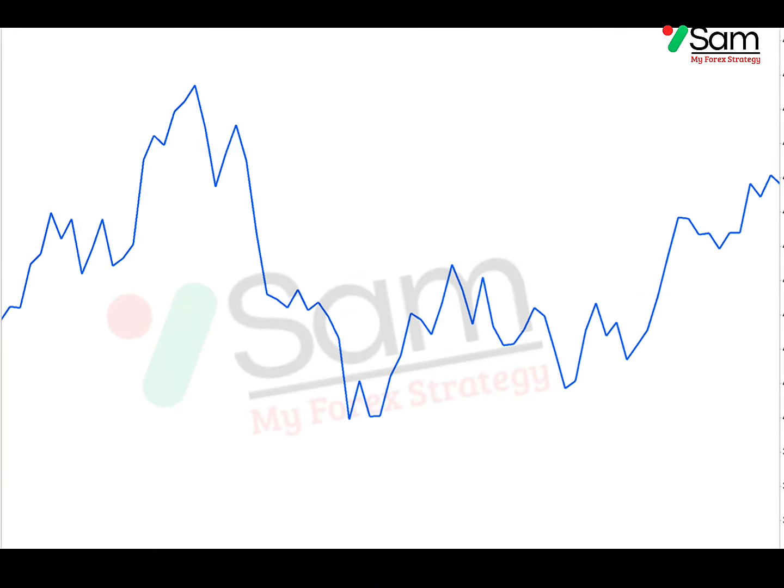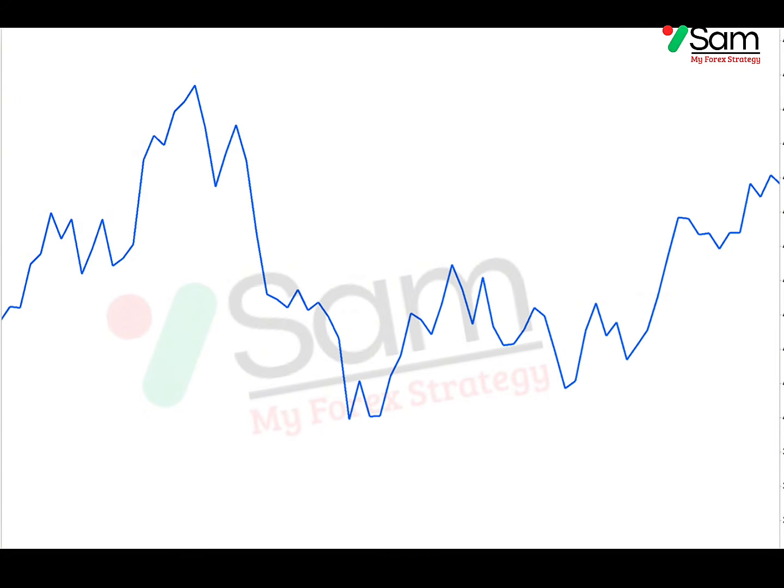And now, let's continue. If you want to see clear support and resistance, Sam recommends using a line chart. Why a line chart? Because a line chart only shows the closing price, so there is less noise and the support and resistance structure is easier to see. Now look at the line chart here. Can you see the support and resistance shapes? It's very easy to spot them, just like Sam explained at the beginning.